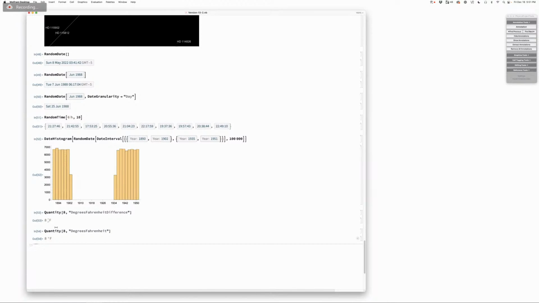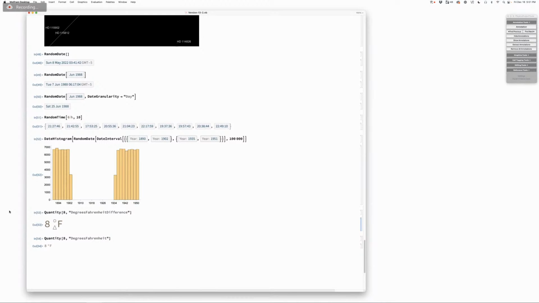And so one thing we've done in Wolfram Language now is to introduce this idea of temperature differences. And they are different units. Degrees Fahrenheit and degrees Fahrenheit difference really are different units. And we've now found a way to represent that with that little delta there. That represents a temperature difference. I like this notation. This is something which I hope will become a standard notation for people and